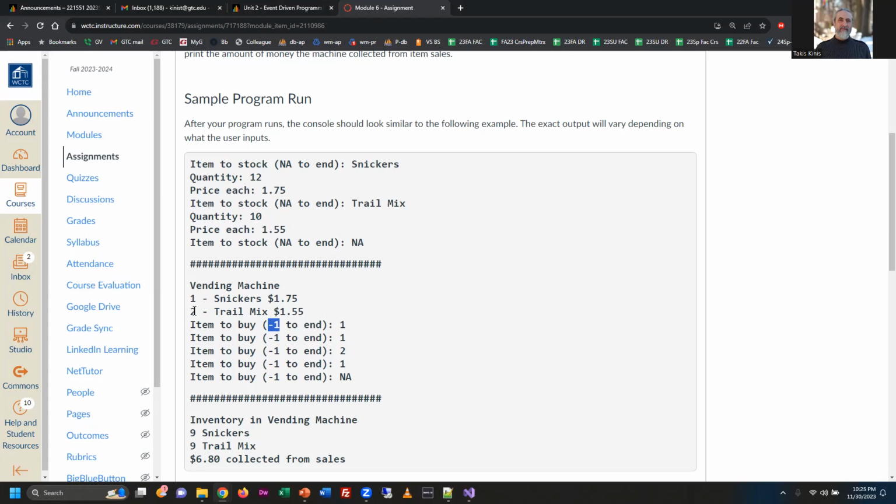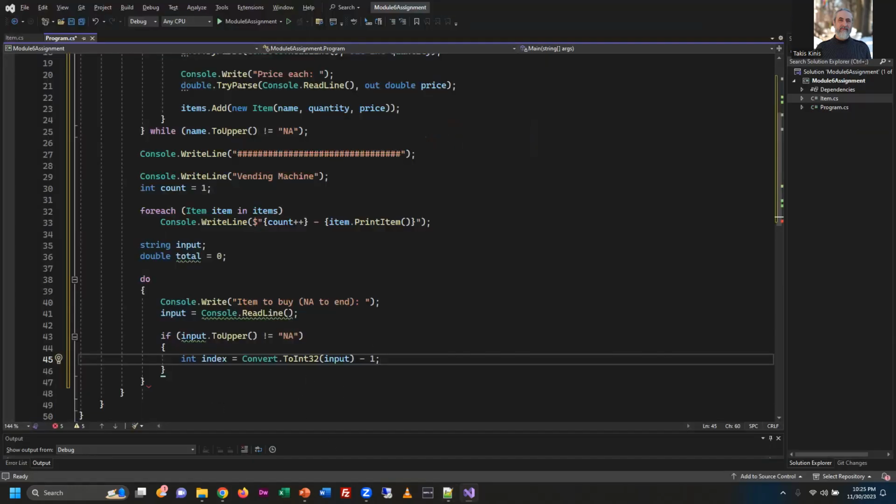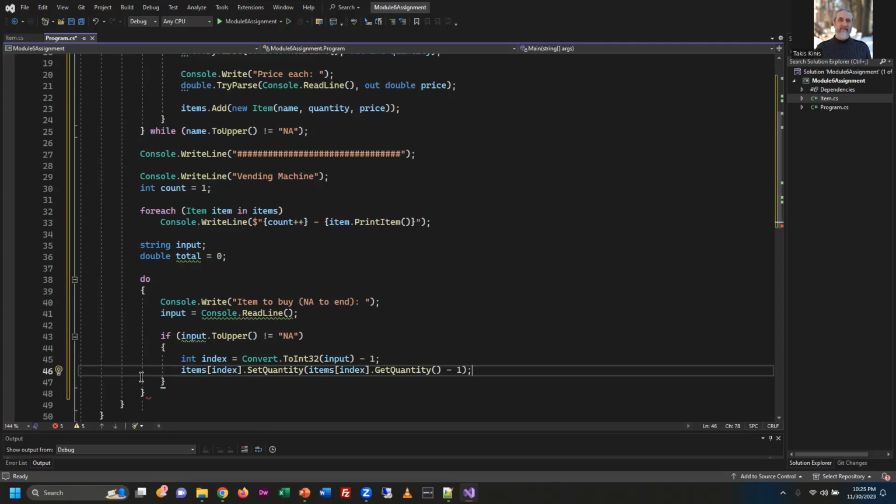Snickers is 0 and trail mix is 1. So we have to subtract 1 from that number to make it correct, basically. That's the why. Then we can use our list syntax to access that item in that position and set the quantity based upon